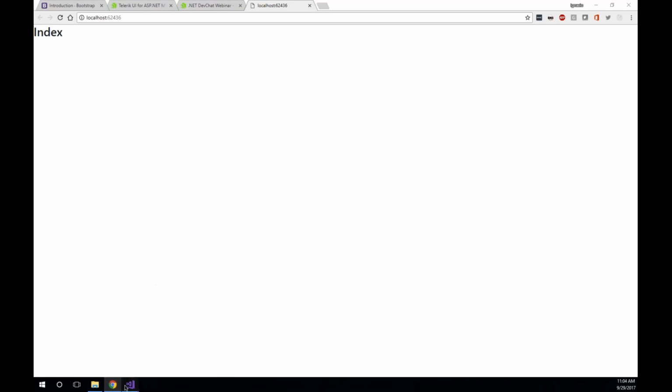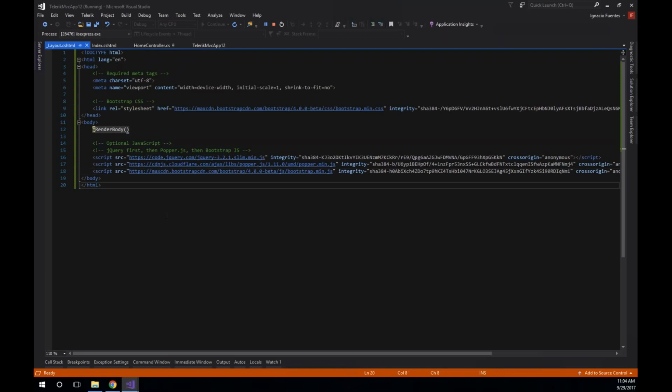What I've done at this point is I removed the Kendo references. There is no Kendo all anymore, and there are not the required CSS files or anything like that. So we need to basically re-add them. Now, I am going to do something different than what we had before, because I actually want to keep it all right here at the bottom of the page, and you probably want to do that as well for the